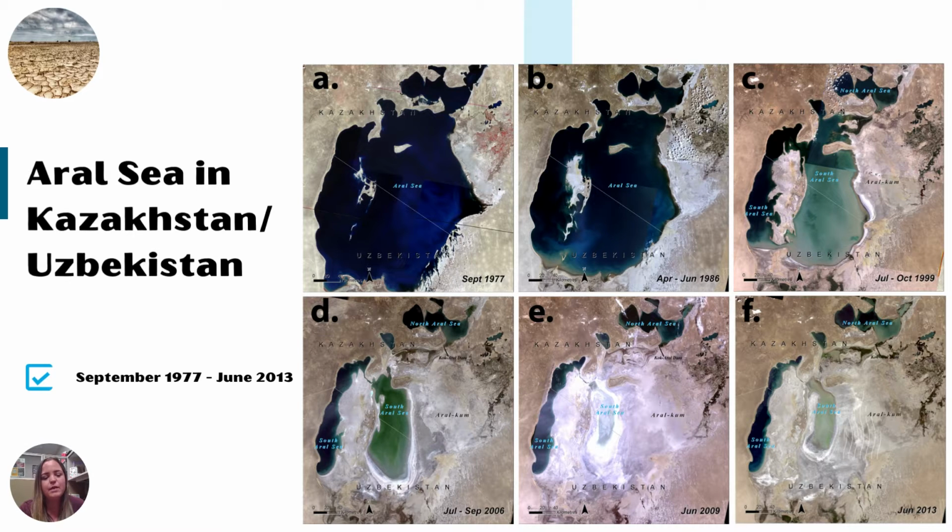And unfortunately, when this happens, as water is evaporated and removed very quickly from this water source, we see the deposition of salts. So if you remember from sedimentary rocks, we talked about evaporites. So all that white there that you can particularly see starting to form in E in June of 2009, all of that white is evaporites. And all of those evaporites are going to be really high in salt concentration. So even if water was reintroduced to this area, it's going to be really high in salt, which is not something that is safe for humans to consume long term.